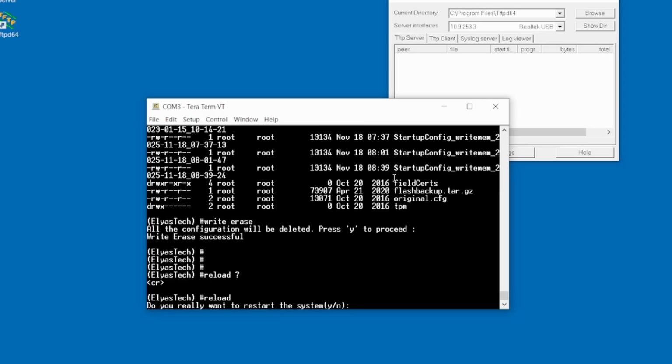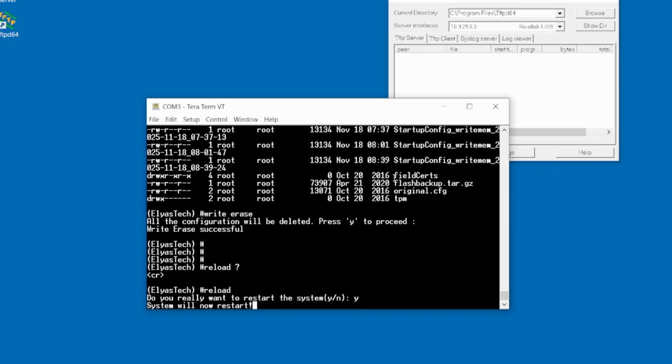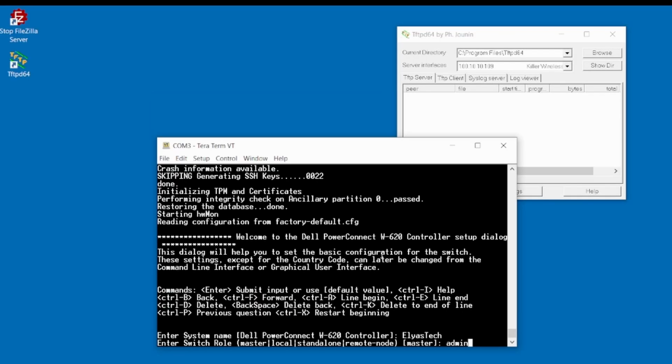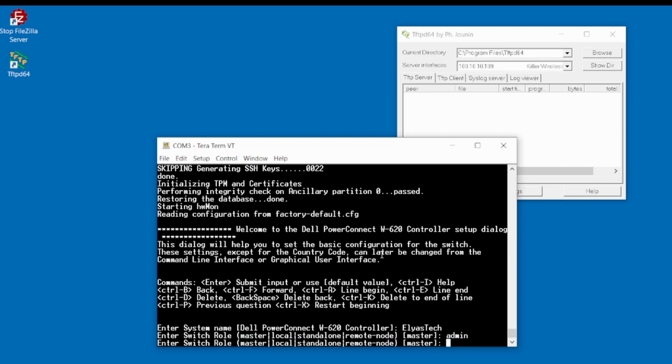Enter. Do you already want to restart the system? The answer is yes. So this is how you can reset factory default the Aruba wireless controller. So I reset factory default. I just want to give the controller name by the name of Elias Tech, and the master should be admin,